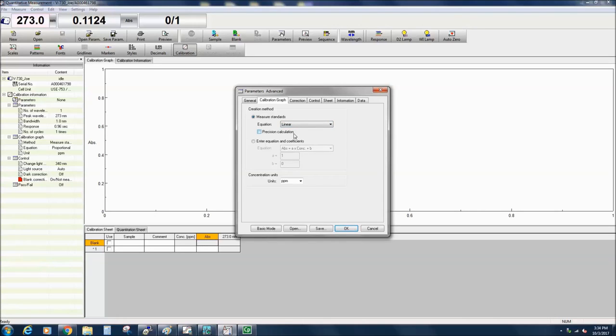If the calibration curve is created using either the linear, quadratic, or cubic methods, the precision calculation box can be checked, which will display a 95% confidence interval on the calibration curve graph and provide the detection and quantitation limits, which are displayed in the Calibration Information tab. You can also enter your own values for the slope and y-intercept by selecting the Enter Equation and Coefficients option. There are numerous concentration unit options, however you can also enter your own concentration units if they do not appear